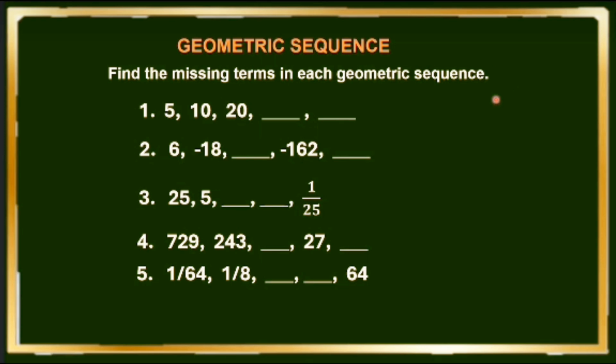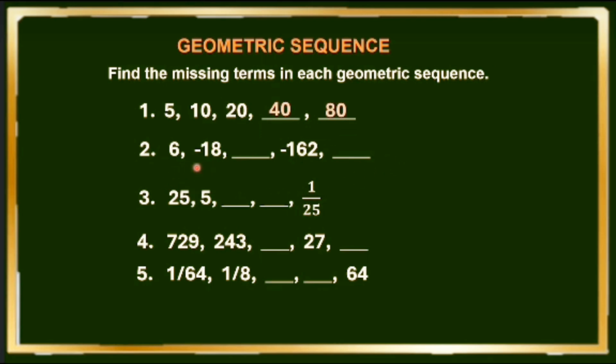Geometric sequence 5, 10, 20. If you analyze, this is multiplying by 2. Like 5 times 2 is 10, 10 times 2 equals 20. So 20 times 2 equals 40. And 40 times 2 equals 80. In number 2,